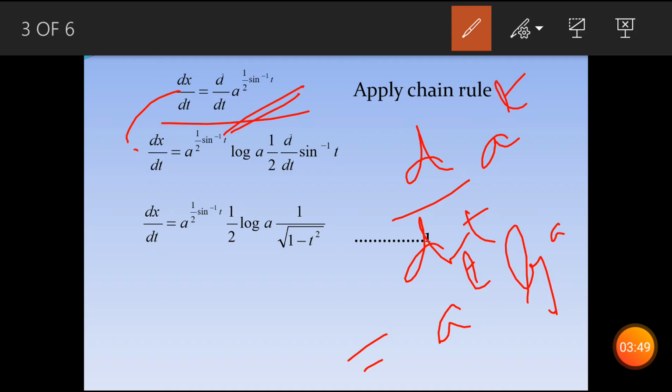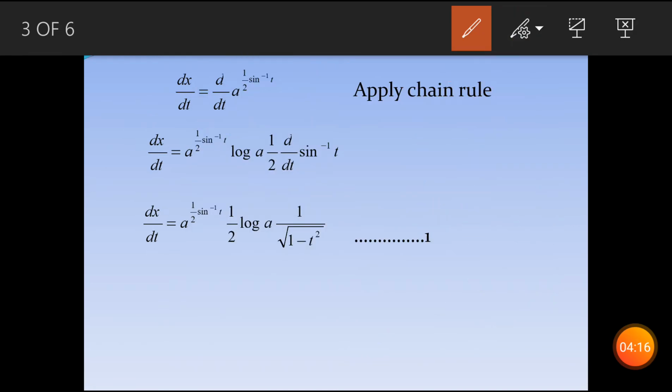So we are going to use the same formula, but you can see that here in place of t, what is written? Half of sine inverse t. Whenever we are imagining a standard function but the function is not standard, in that case we use the chain rule. So we are imagining this to be equivalent to t, and we have to differentiate this, half sine inverse t, again. Let's see how. First of all we have used the formula a power t, so in place of t this is written: a power half sine inverse t log a, and now differentiate this half sine inverse t.